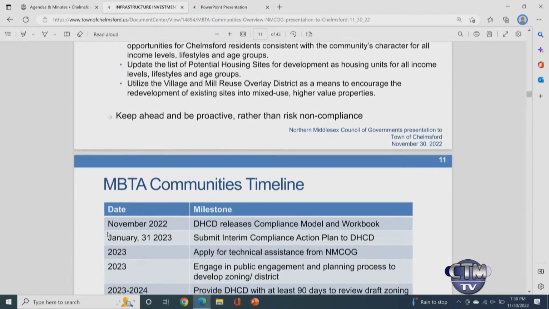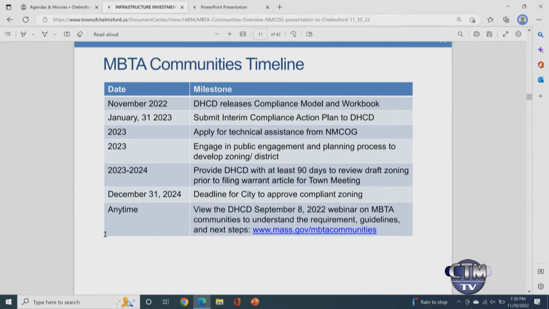And my observation of Chelmsford is that that's what you tend to do. So it would actually be in keeping with what you've done historically. It does have a pretty strict timeline for moving forward, but as I just complimented you on your strategic proactive thinking, your director has already been strategically looking ahead and planning for some of these goals, like the most immediate